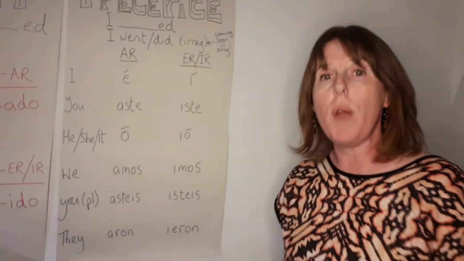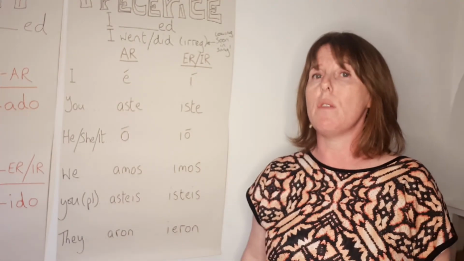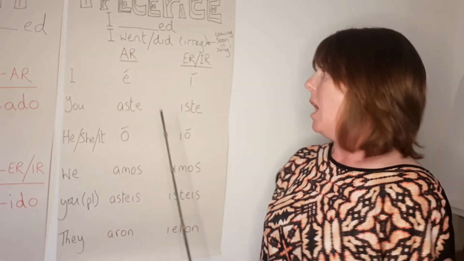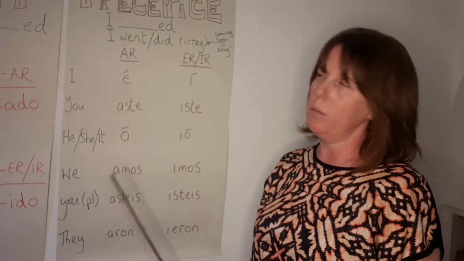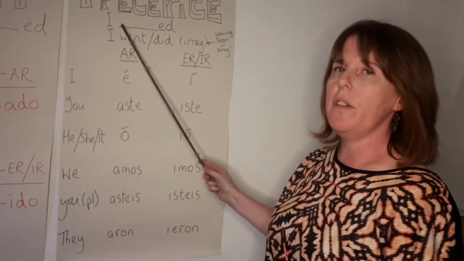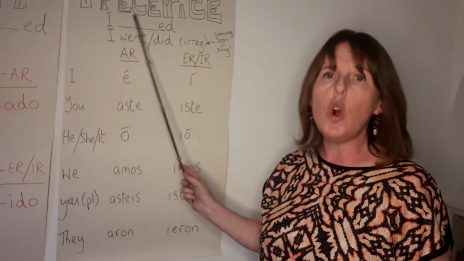Okay, now this is the preterite tense. This is the one that is the hardest one to remember because there are a lot of irregulars, but this is for the regular pattern verbs. And there are a lot of those as well, so you could get by with a few extra irregular bits. So if it was I somethinged, I went, I did, I cooked, I baked.